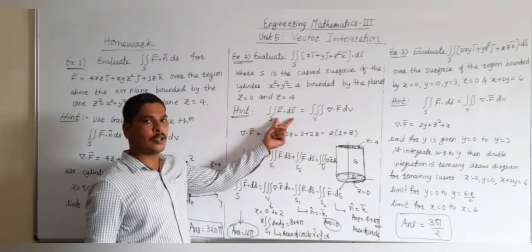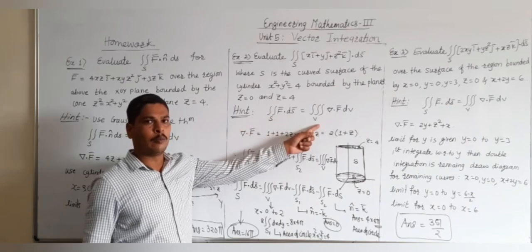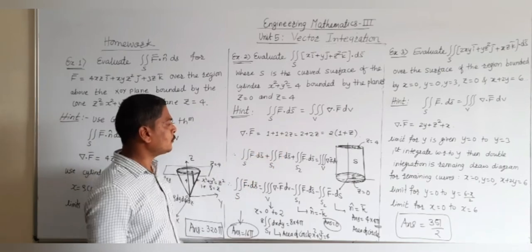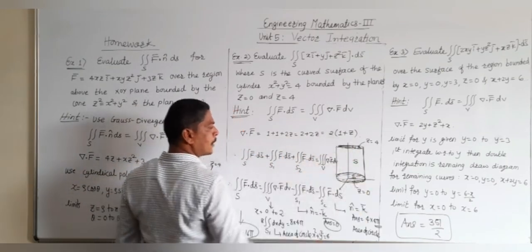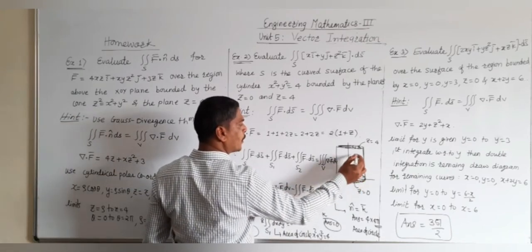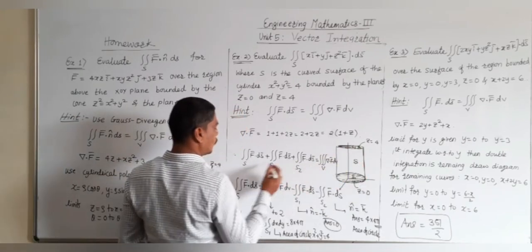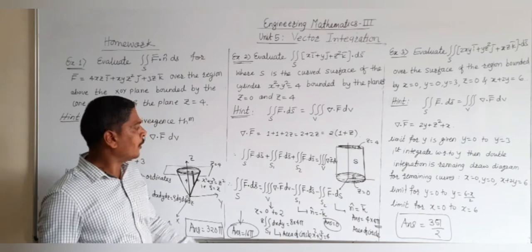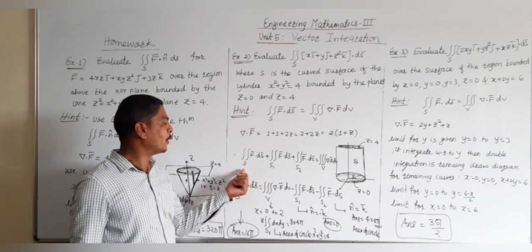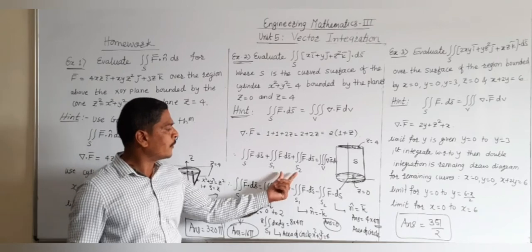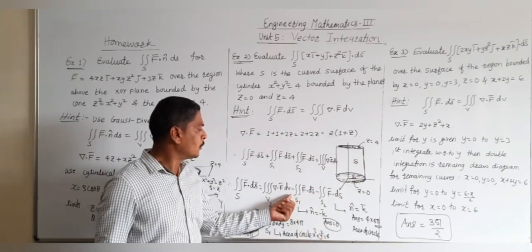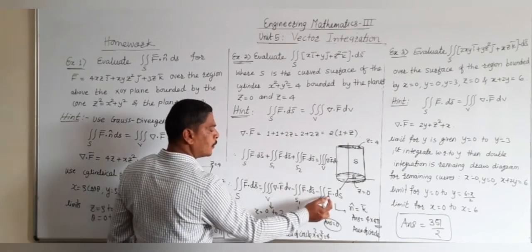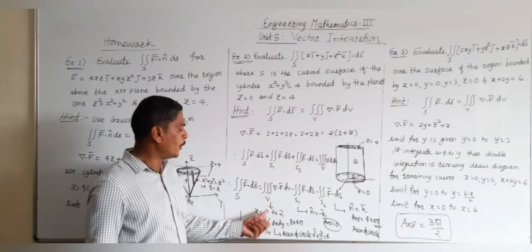So by Gauss divergence theorem, we know that surface integral is equal to volume integral. For the volume integral, find del dot f bar. Then the volume integral means the integral over the whole surface, and this surface is divided into three surfaces S1, S2 and S. So the addition of the surface integrals of these surfaces is equal to the volume integral. And our requirement is to find just the surface integral over the curved surface. So shift the other surface integrals toward the right side. That will become a negative sign, and then find this triple integration, and these double integrations. So here is the volume integral.